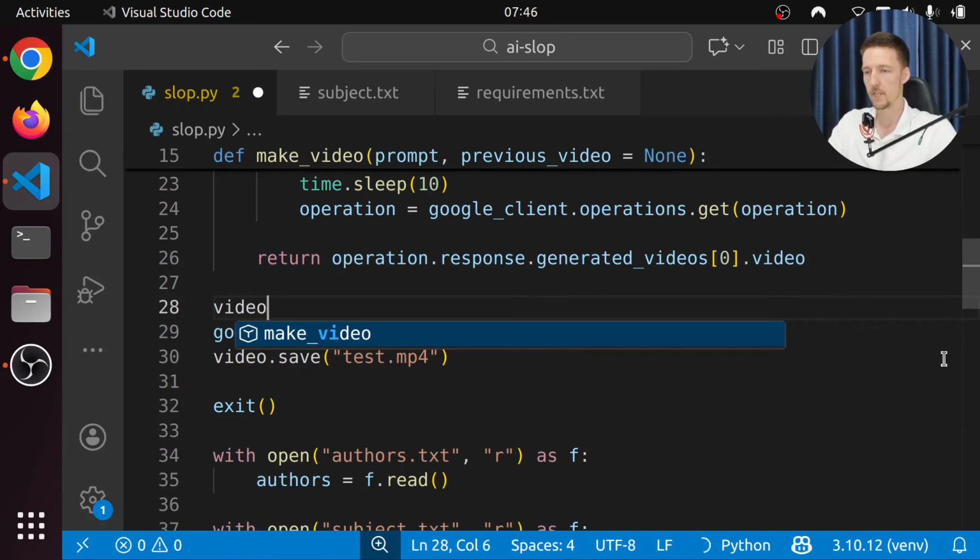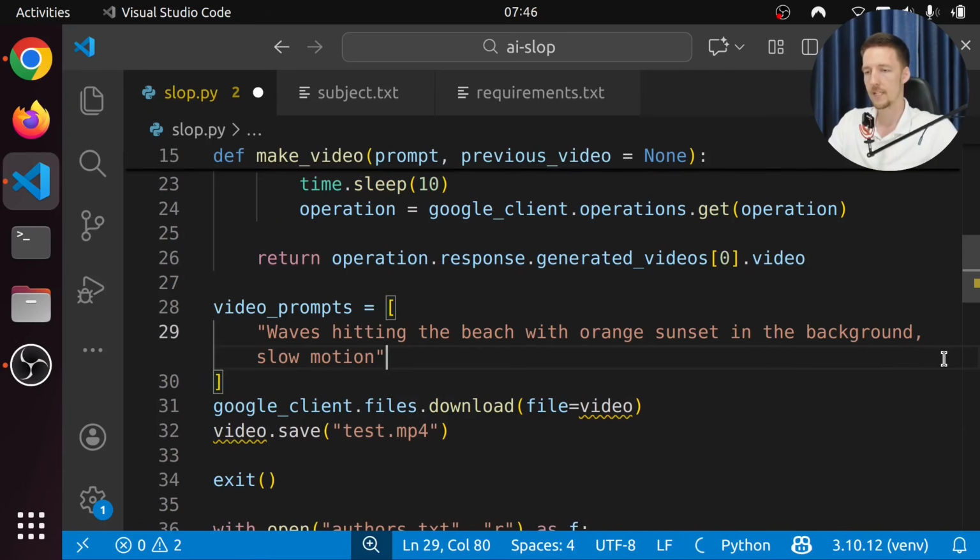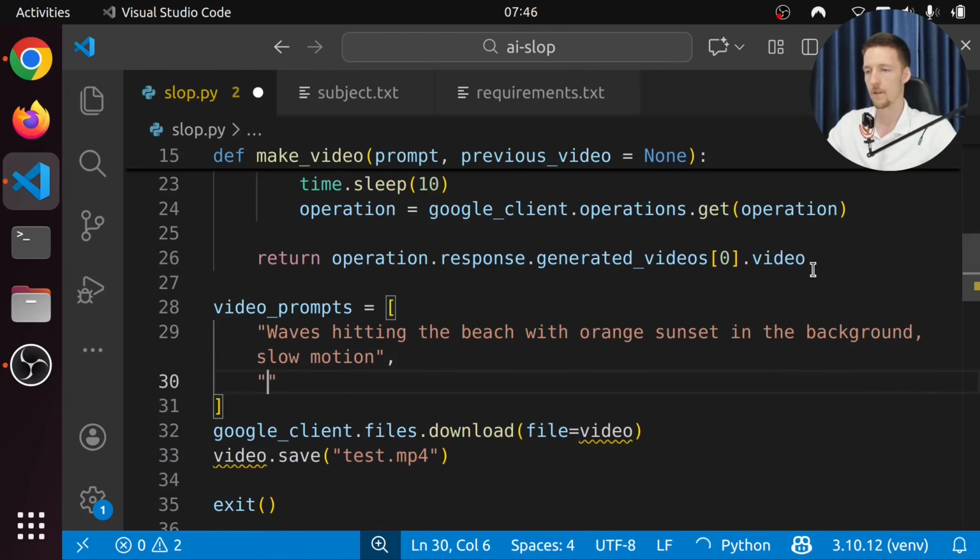And then we can make a list of prompts. So let's call it video prompts, and let's put here these waves hitting the beach, and then let's add another one, and we can continue this. We can either just say waves continue to hit the beach, or we can also transition into another scene. So let's do that.